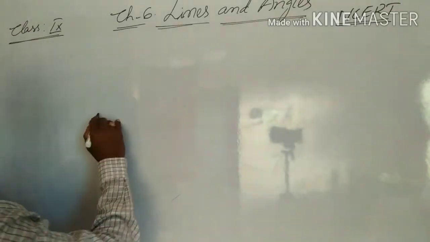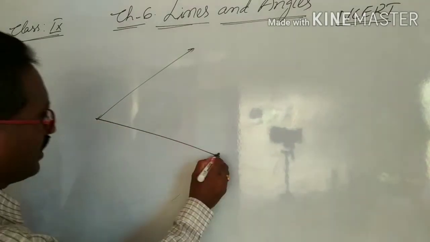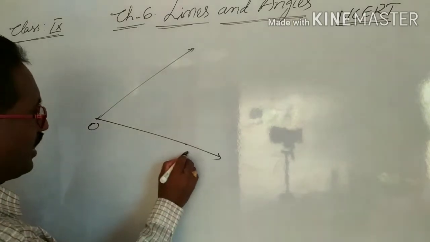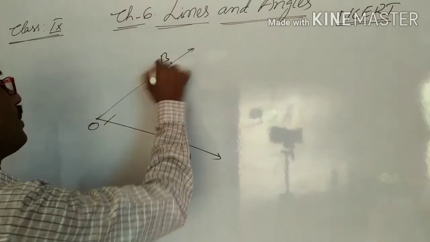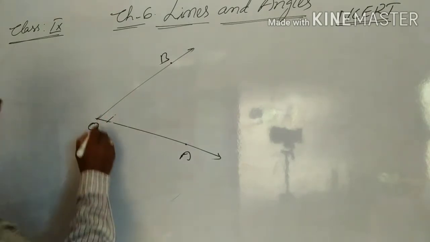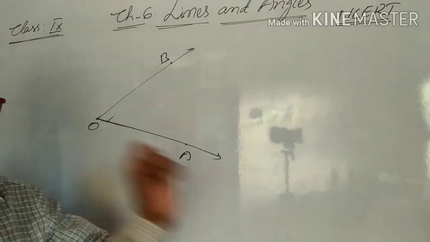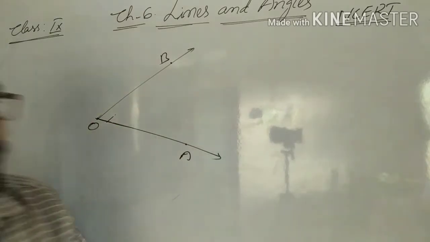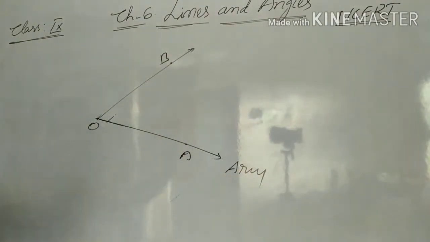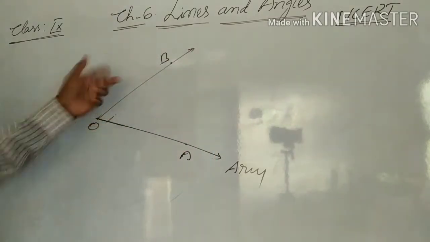What is here? This is a ray. This is also a ray. This is O, this is A. OA is a ray, OB is a ray. It can also be read as OA is an arm. OA is an arm and OB is also an arm. Two different rays